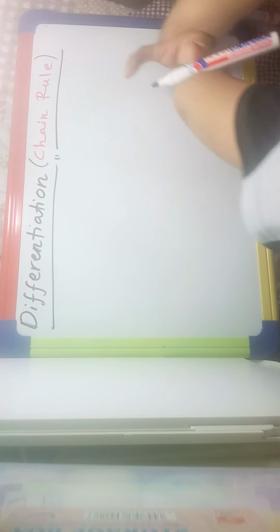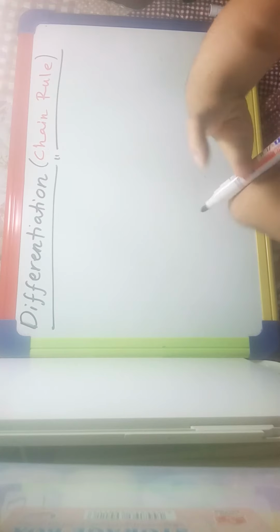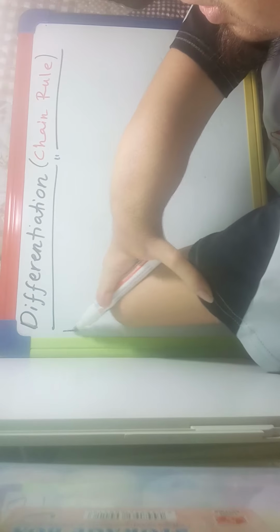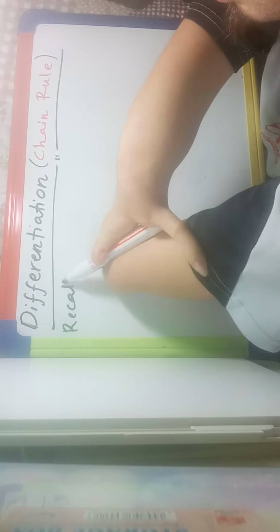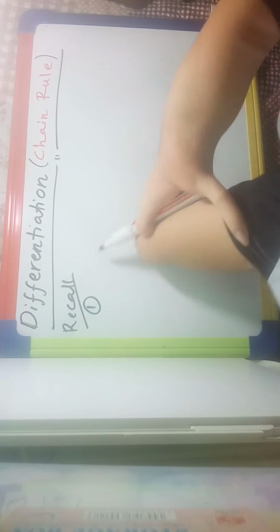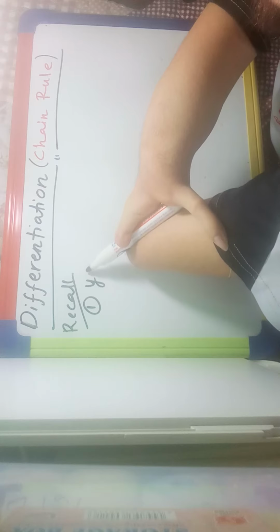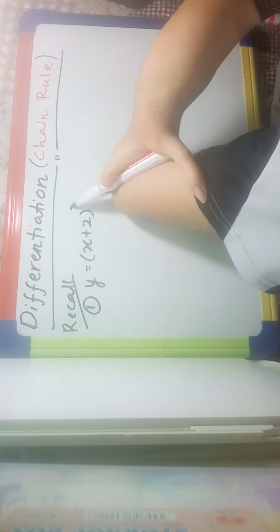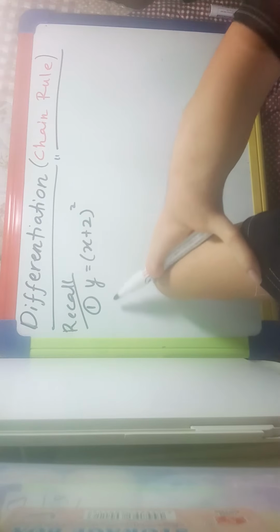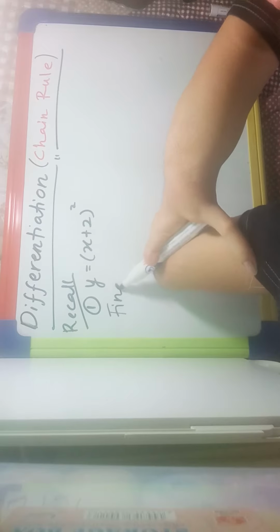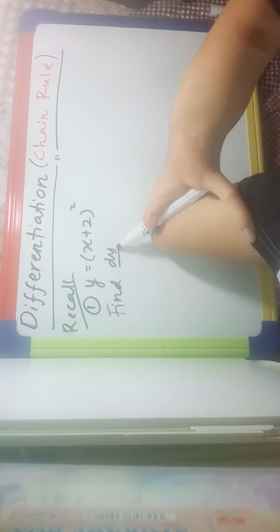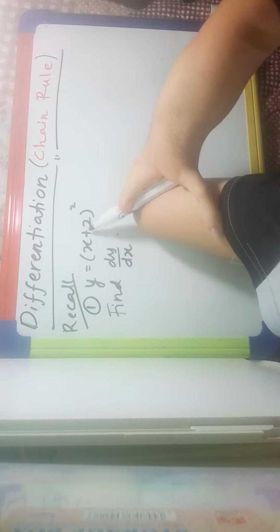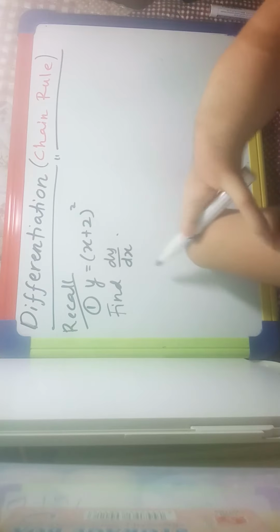Okay, we are back. Today I will show you the next part of differentiation, which we call the chain rule. But before that, let's have a quick recall on differentiation. Previously, let's say you are given y equals (x plus 2) squared, for example. When the question requires you to find dy over dx, for this type of question, (x plus 2) in bracket squared,